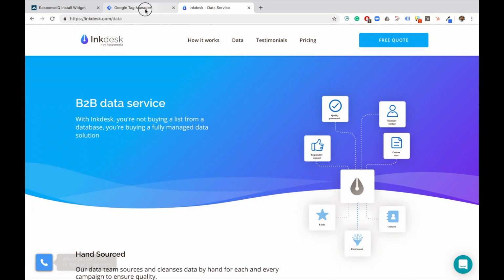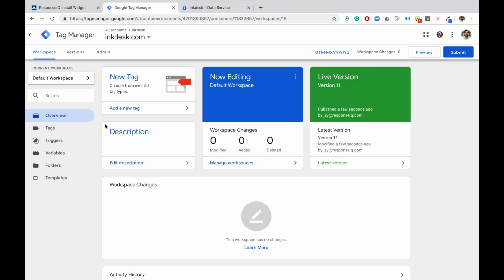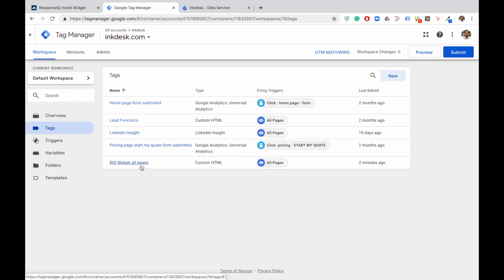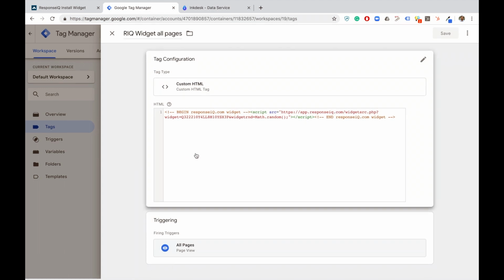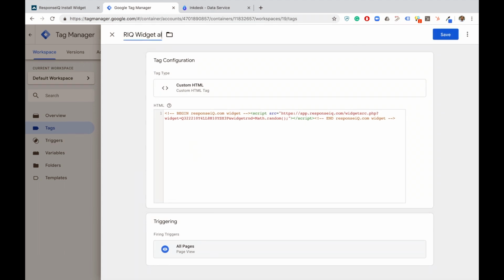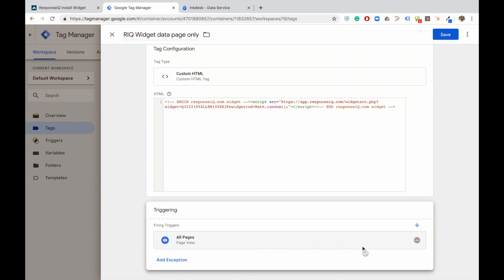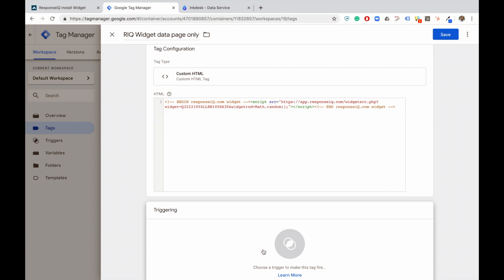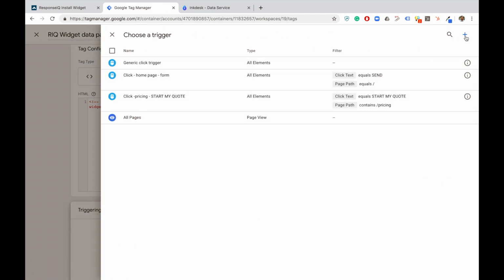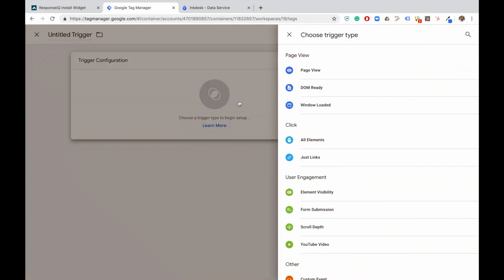Then we'll go back to Google Tag Manager and we can find our tags, and we can find this RIQ widget all pages. So that's the tag we previously created, and all we're going to do is change this to data page only. The code will stay the same as long as it's the same widget that you want to fire, but if you only want to fire it on the data page, what will change is the trigger. So in the trigger here, what we'll do is we'll remove all pages, we'll add a new trigger. So if you click the plus on the top right and you click trigger configuration,